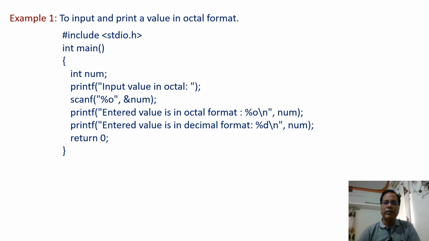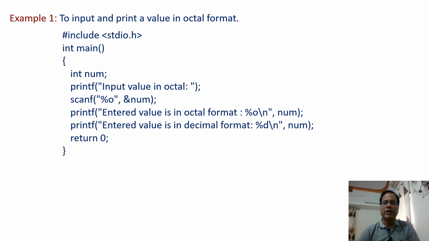At this point, when the scanf function is executed, the compiler waits for the data, and unless and until we enter the data, execution doesn't move forward. When we enter the octal data in the specified format, that data is taken in and stored in the variable num, which is of integer type, because an octal number is itself integer data. Once it is stored, execution of the program moves forward.